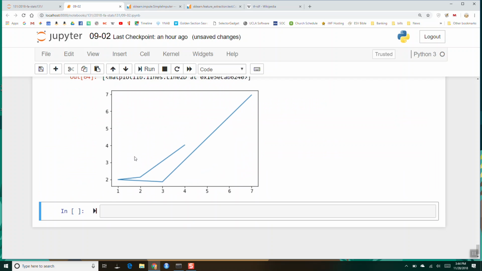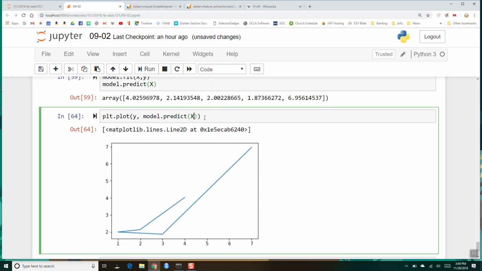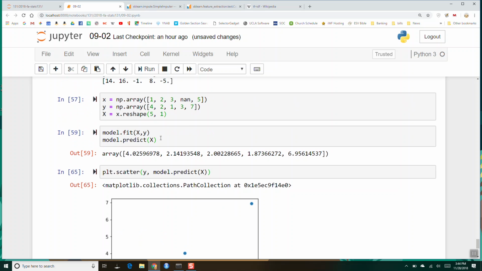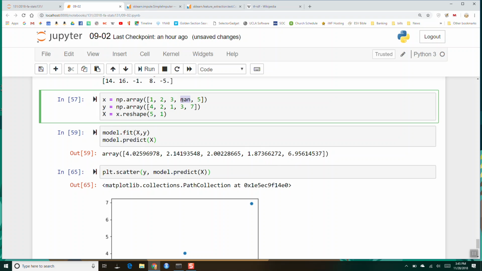What is that? Probably scatter is better. Okay, so not the best, but, you know, 4 versus 4, 2 versus that. 1 is getting predicted to 2, and 3 gets predicted to 1, and 7 gets predicted to 7. So that's, I mean, that's good, and it's